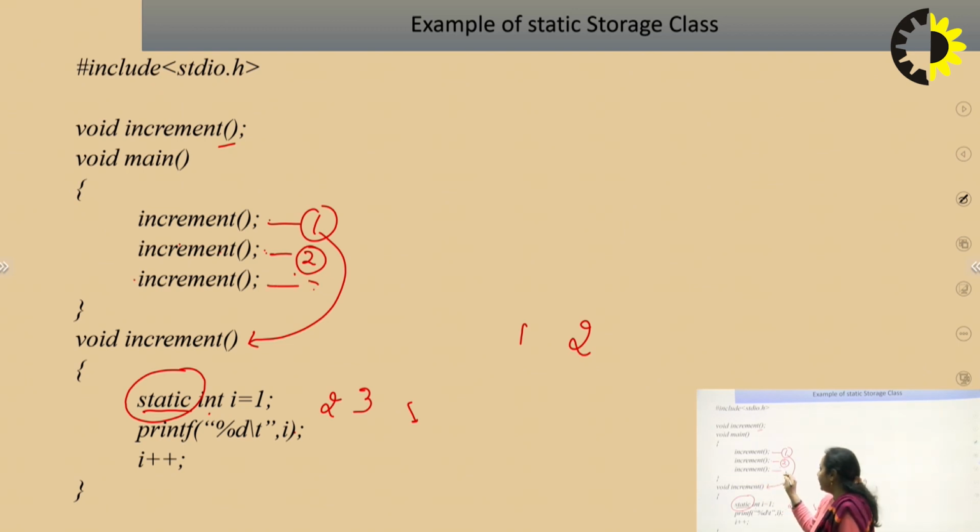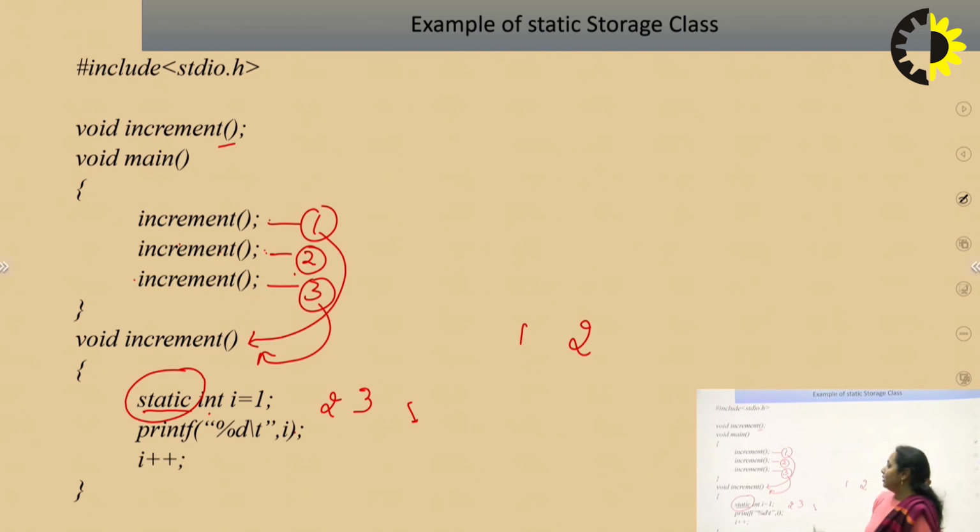Increment third time. When increment is called the third time, I is holding the value because we are using the static storage class. The static storage class says whatever value is held by the variable will be accessible. Its lifetime will remain across different function calls till the end of the program.